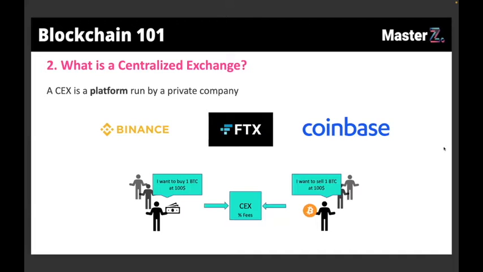Of course, this process is not free, because centralized exchanges are here to make money. And so they ask both the seller and the buyer for a small fee, which goes to the exchange as a profit. So if the buyer spends $100, he won't get that whole sum of money in Bitcoin, but part of that will go to the centralized exchange. And so let's say he will get $99 worth of Bitcoin. And the same thing happens also for the seller. He won't sell his whole Bitcoin, because part of it goes to the fees of the exchange.